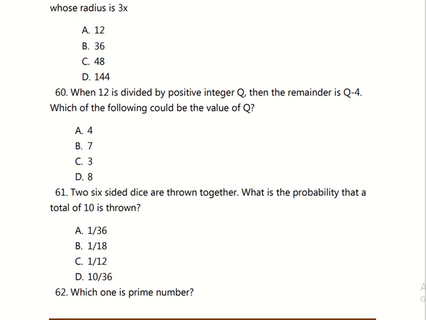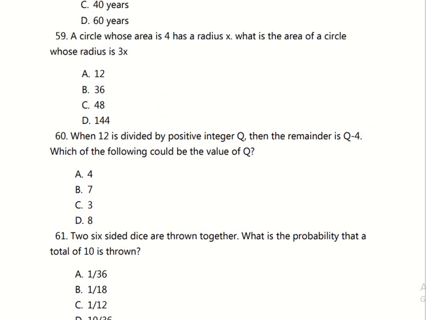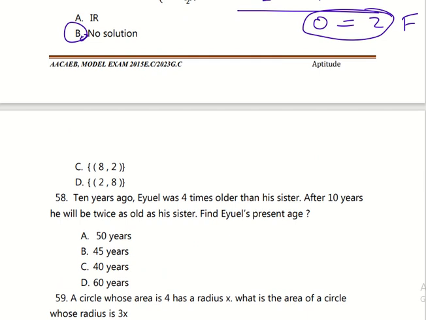The next one. Ten years ago Yoel was 4 times older than his sister. After 10 years he will be twice as old as his sister. Find Yoel's present age. So what we can do here, we have 2 people and